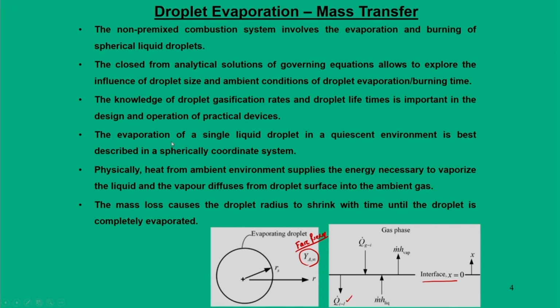To start with, what we look at is the evaporation of a single liquid droplet in a quiescent environment, and when we do that, the best way to represent it is the spherical coordinate system. Physically, the heat from the ambient environment supplies energy necessary to vaporize the liquid, and the vapor diffuses from the droplet surface to the ambient gas, and the mass loss causes the droplet radius to shrink. That means when it evaporates, the droplet radius shrinks to zero size,